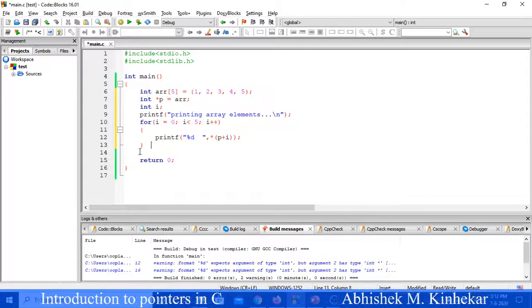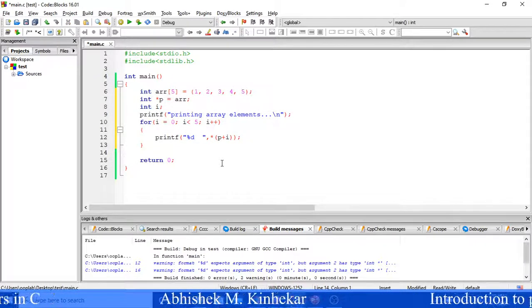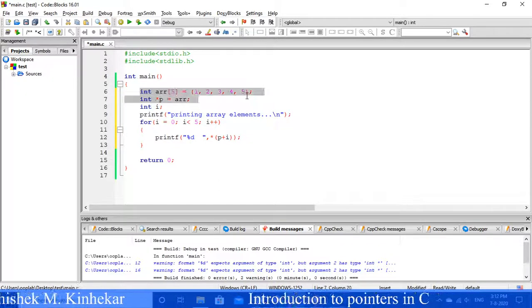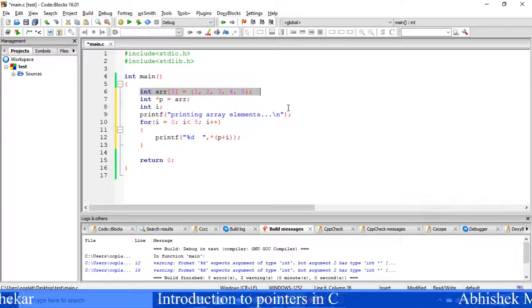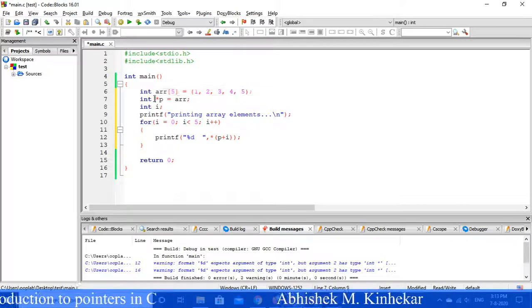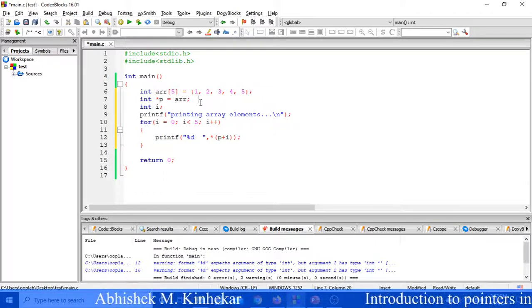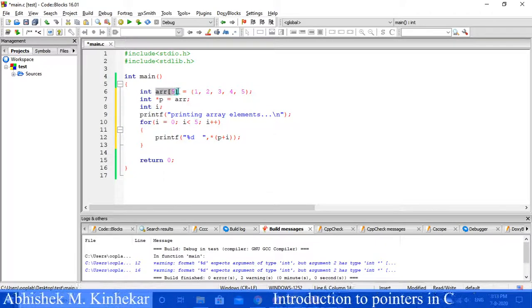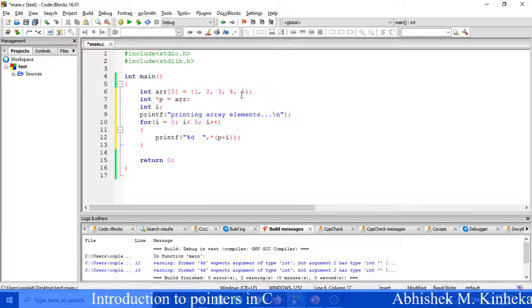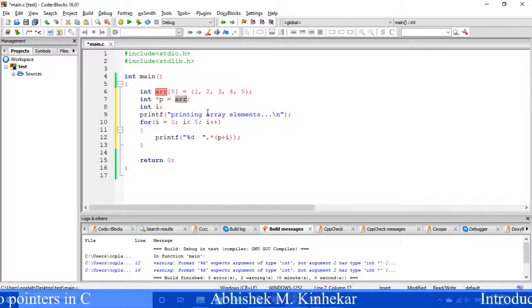To avoid the time lapse, I have already given you the code present over here. By using this code, we are going to study incrementation and decrementation of a pointer. As line number 6 says, I have declared a simple one-dimensional array having 5 elements. To access these 5 elements, I have created an integer pointer and initialized it with arr. Now mind well, whenever we access an array, we are habituated to give open and close square brackets just to represent it as an array. What if I use only the variable name without using square brackets?